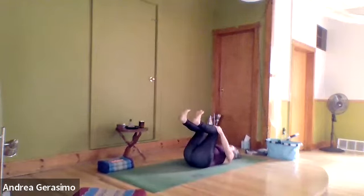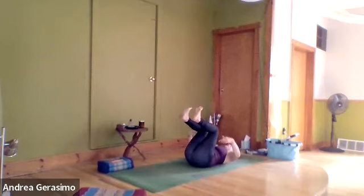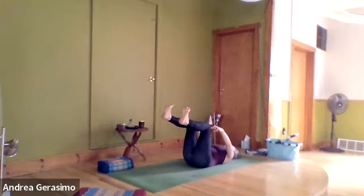I'm going to flex the feet firmly and have the feet kind of straight out from the knees. And then I want to anchor the back before I change my knee position. So I'm going to push down into the floor so hard that I feel my pelvis kind of curl up a little. Then with that, I'm going to send the knees away from me until they're right above the hip